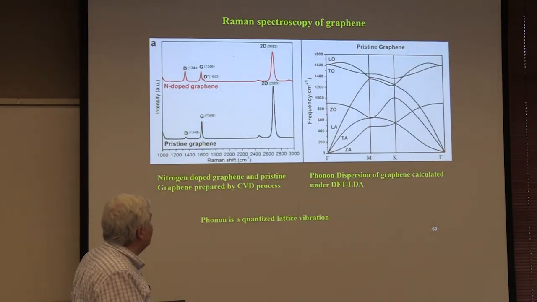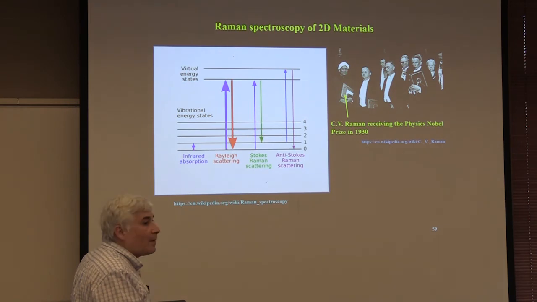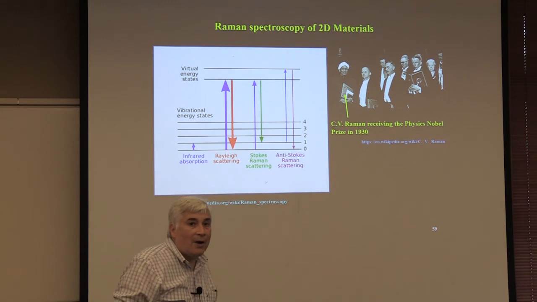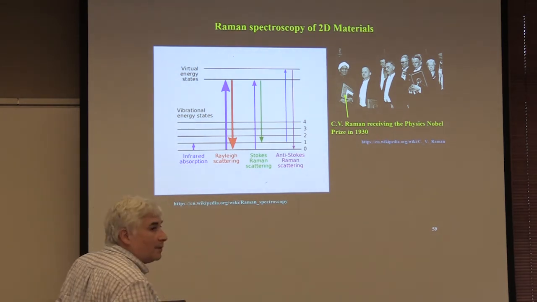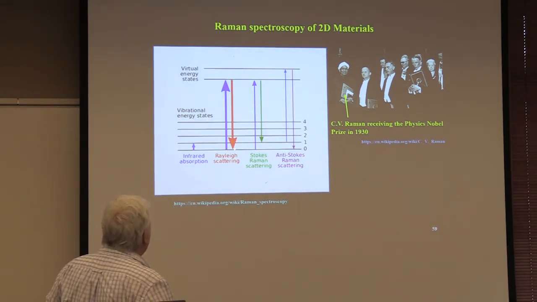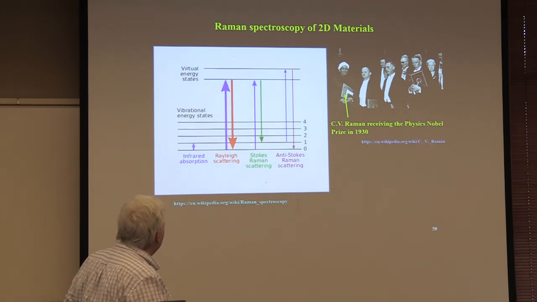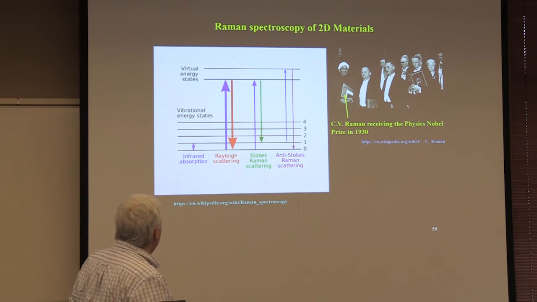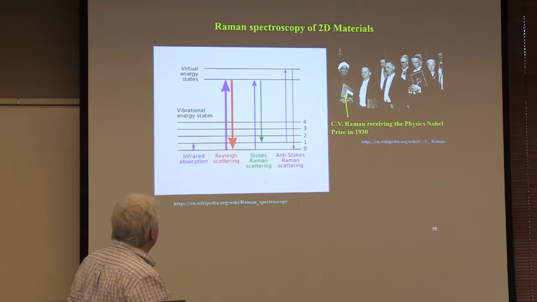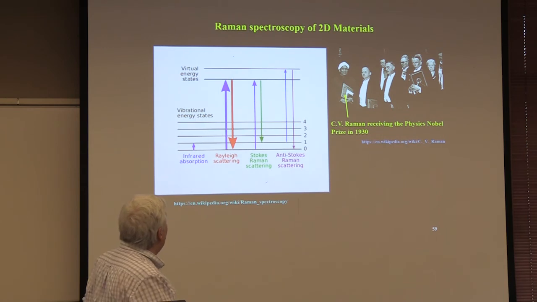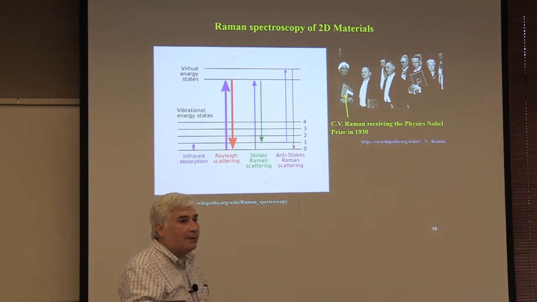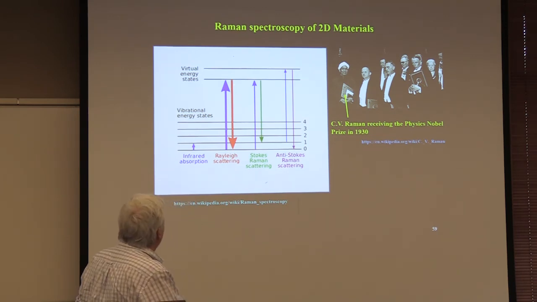So here is C.B. Raman. He got the Nobel Prize in 1930 because what he found is that when he excited a system with monochromatic light, for example a molecule, it can be a molecule or a crystal, you can take your system, you excite with light, and then you see how the light is absorbed and scattered by the system. And you may have the case that